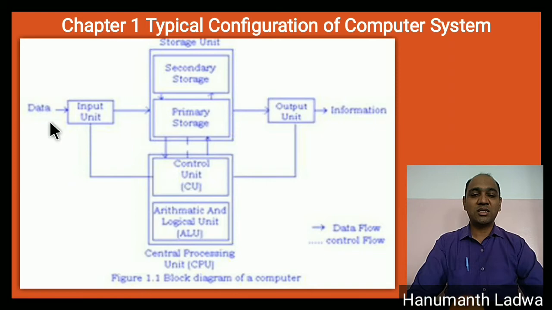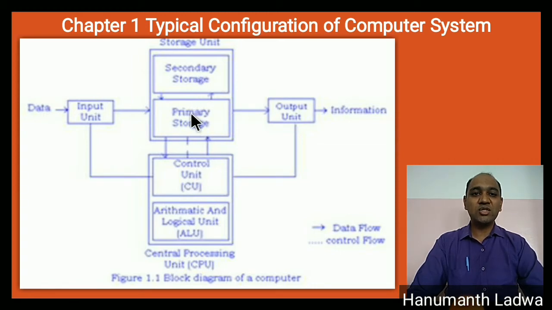Let us continue with the block diagram of a computer system consisting of input, processing and output components. Let us start from the left hand side, that is, first, data. Data is a raw fact, figure or statistics that is to be processed by the system to get the desired meaningful information. The raw fact, figure, statistics will be fed or inputted to the input devices. The input device in turn passes it to the central processing unit. The central processing unit consists of two different parts. The first one is the storage unit and the second one is the central processing unit.